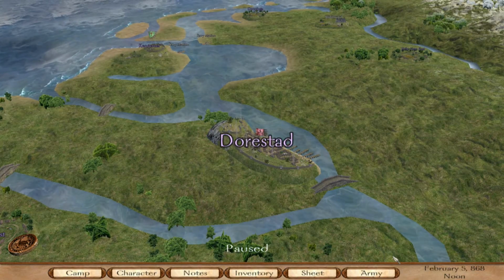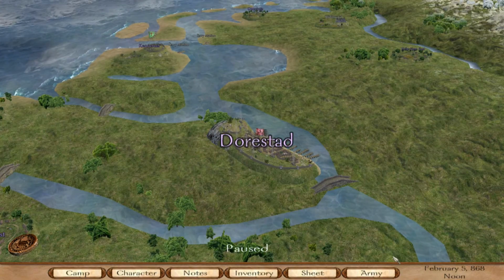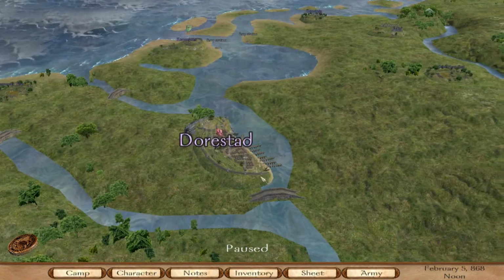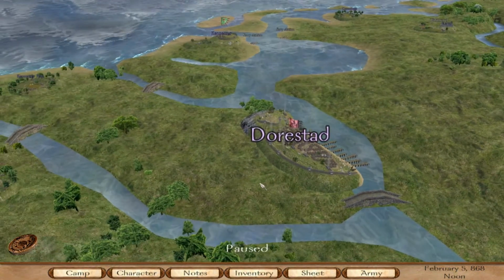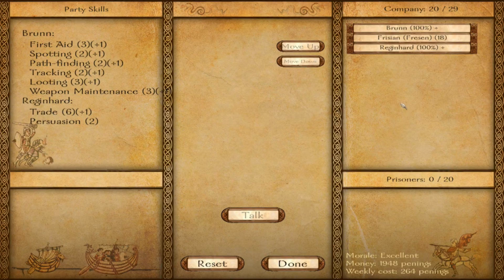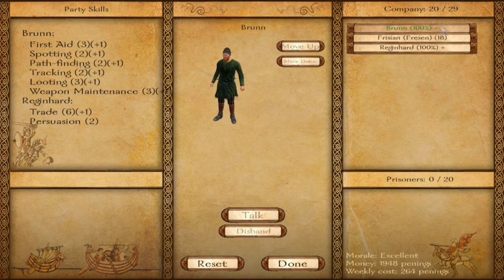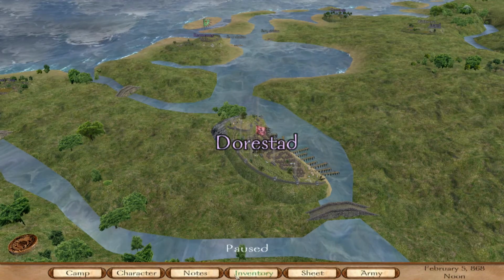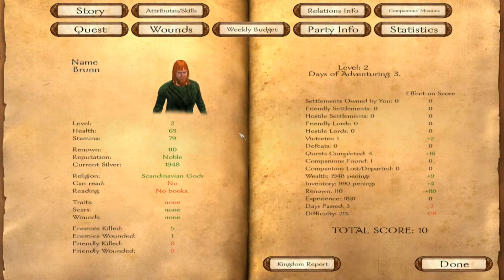the DLC, Viking Conquest. Now, I did have a bit of a crash there at the end of the last video, and I had to pretty much redo everything that I just did, but I've repeated it exactly the way it had been done. So I do need to level myself up, and it also looks like I need to level up Reginhard. You can tell by the fact that there's a plus symbol that you need to level someone up. So we're going to go ahead and first we're going to level ourselves up,